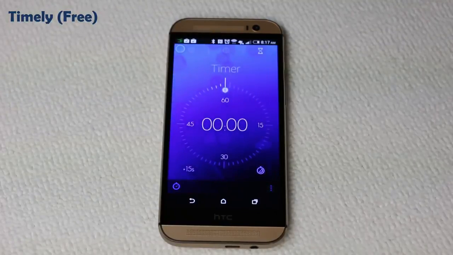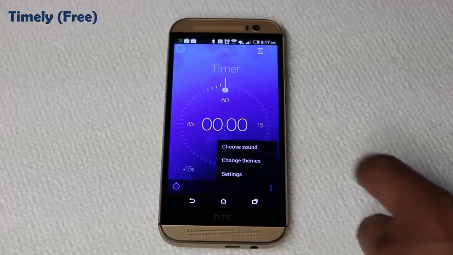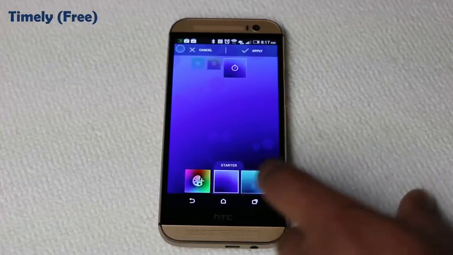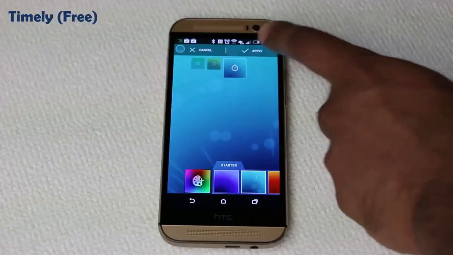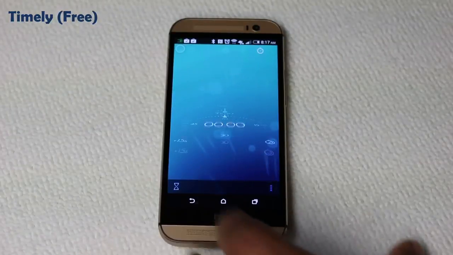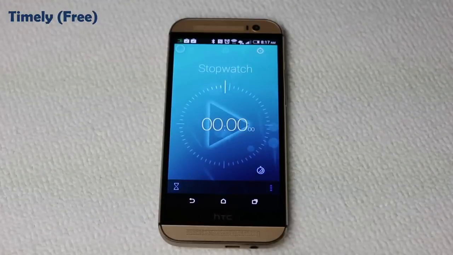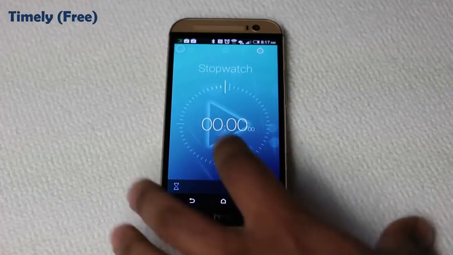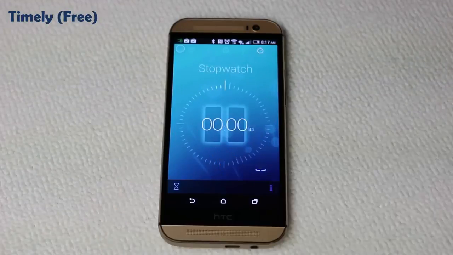And then finally, with the timer, you can do the same thing. You can change the themes. So let's go for green. Click apply. And then, like I said, you can switch between a stopwatch and a timer, and the way they work is absolutely lovely. So let's start this stopwatch,